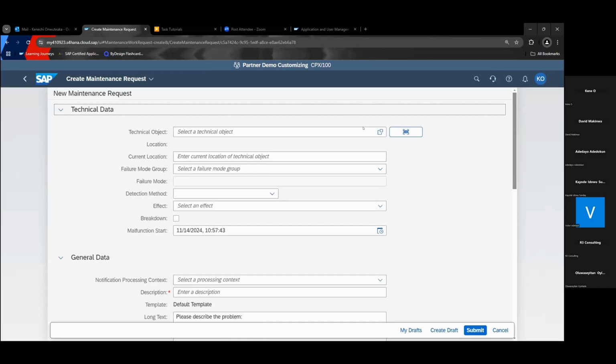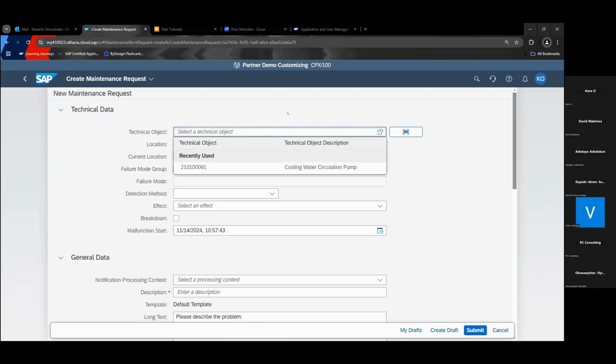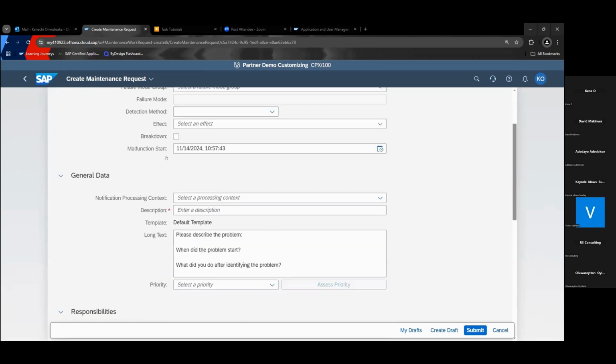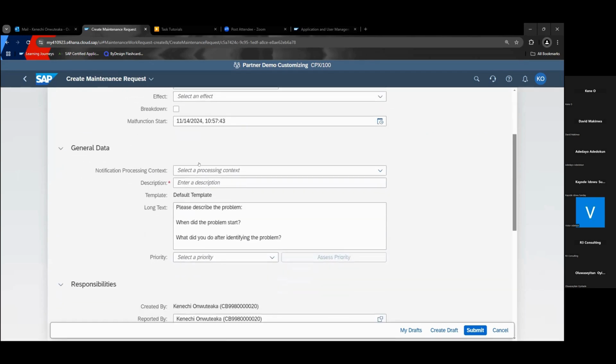It's separated as information regarding the technical object we want to work on. The general section gives us an in-depth understanding of the problem we are trying to solve.